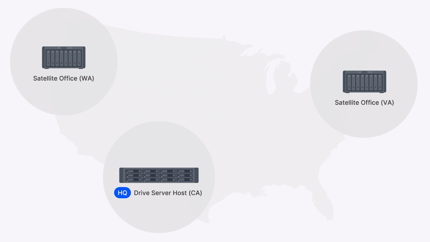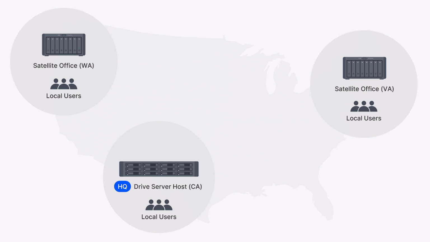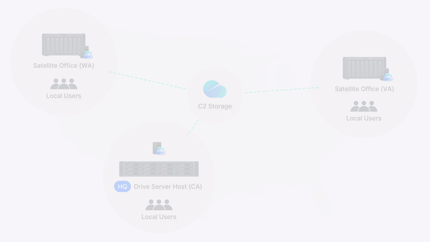Now we'll revisit our map from earlier in the presentation. As we discussed, we have multiple locations, each with a Synology NAS. From there, local users are accessing data specifically important to them. But all of these locations are interconnected through our global file system, which resides on C2 storage Hybrid Share. As your organization scales and grows and continues to add more users or more locations, you want to consider the scenario of 2 users trying to edit the same file cross-site.